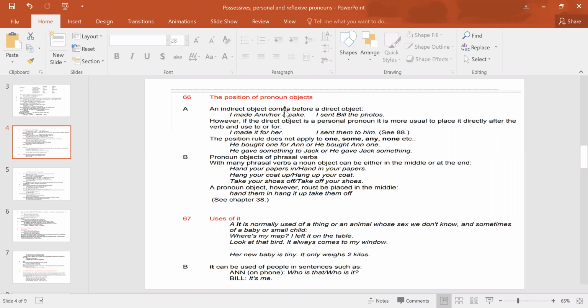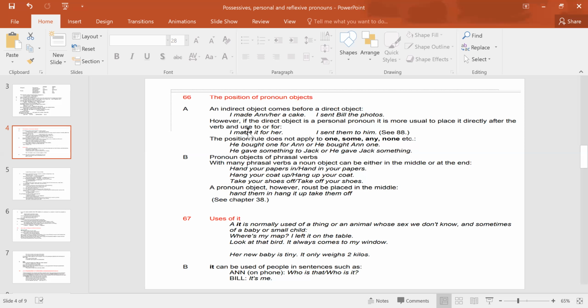An indirect object comes before a direct object. For example, I made her a cake. I sent Bill the photos. All right, here you are putting indirect objects before a direct object. Now you know what is direct and what is indirect object because I have already told you in the previous slide. However, if the direct object is a personal pronoun, it is more usual to place it directly